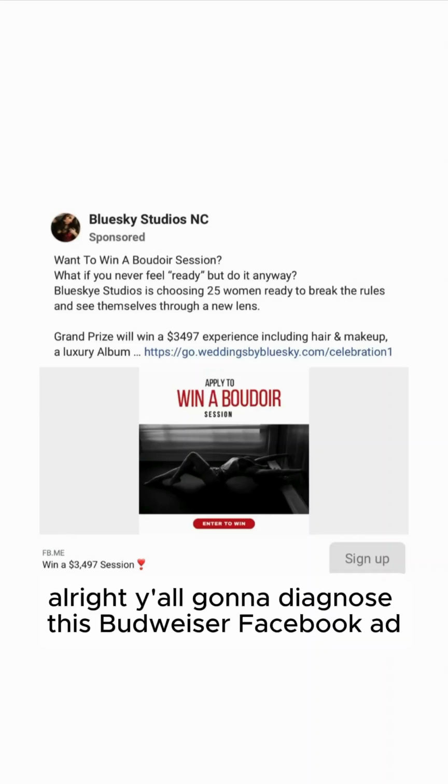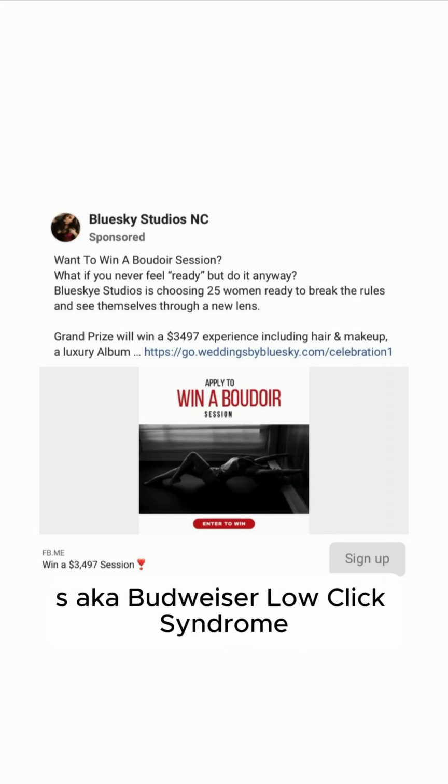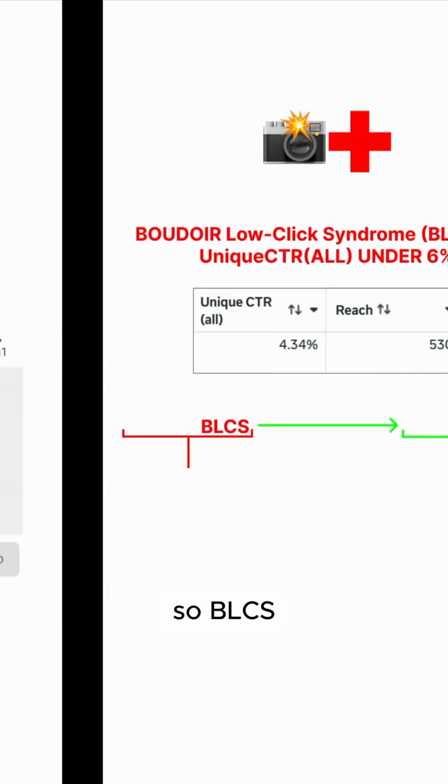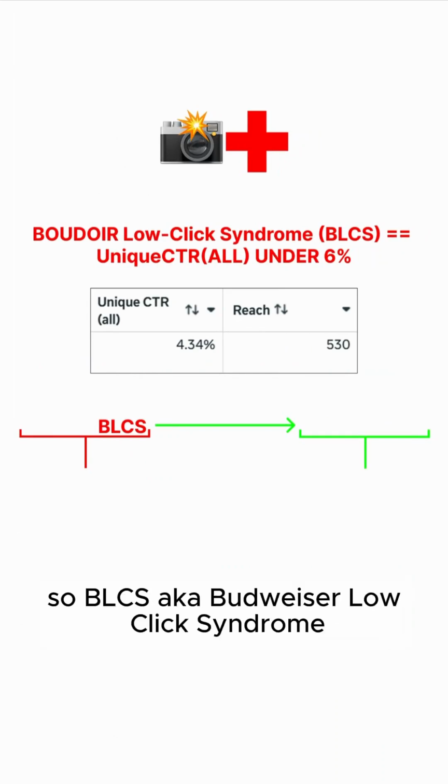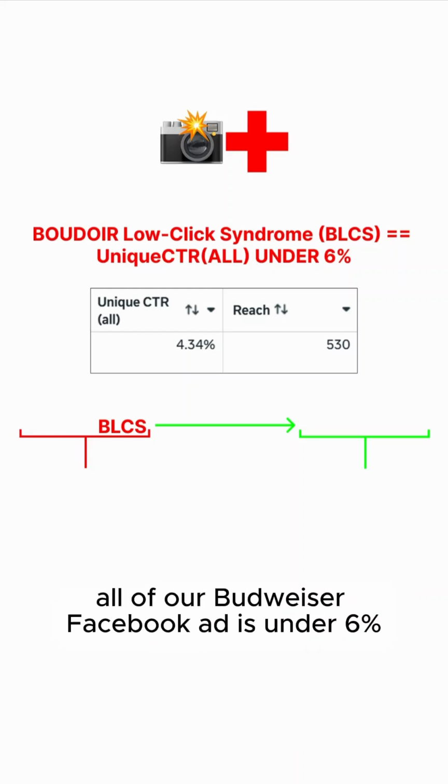All right, y'all. Gonna diagnose this Boudoir Facebook ad, see if we believe it has BLCS, aka Boudoir low click syndrome. So BLCS, we're gonna diagnose it, see what our thoughts are. BLCS, aka Boudoir low click syndrome, is when the unique CTR on our Boudoir Facebook ad is under